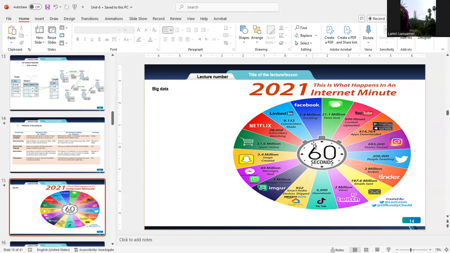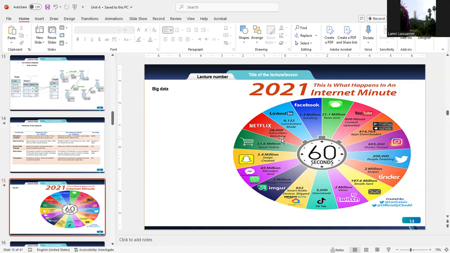Here we have some examples about some data sources, such as LinkedIn, Netflix, Facebook, YouTube, Instagram, TikTok, and so on. For example, for Facebook, we have about 1.4 million scrolling. For LinkedIn, we have about 10,000 connections made. For Netflix, we have